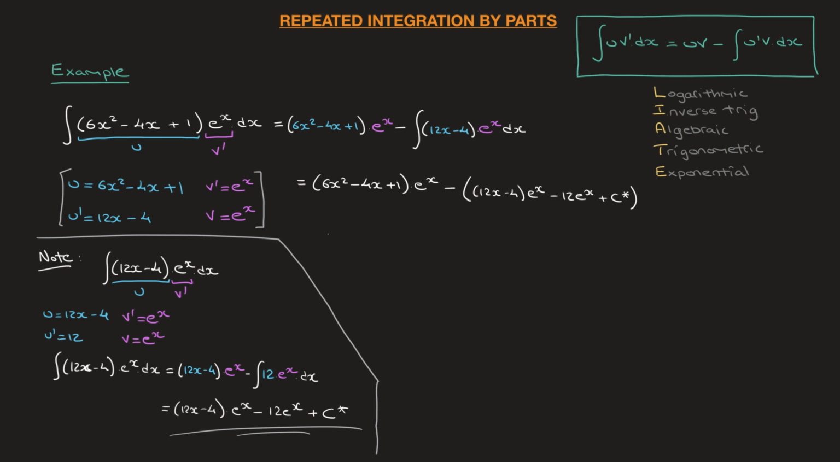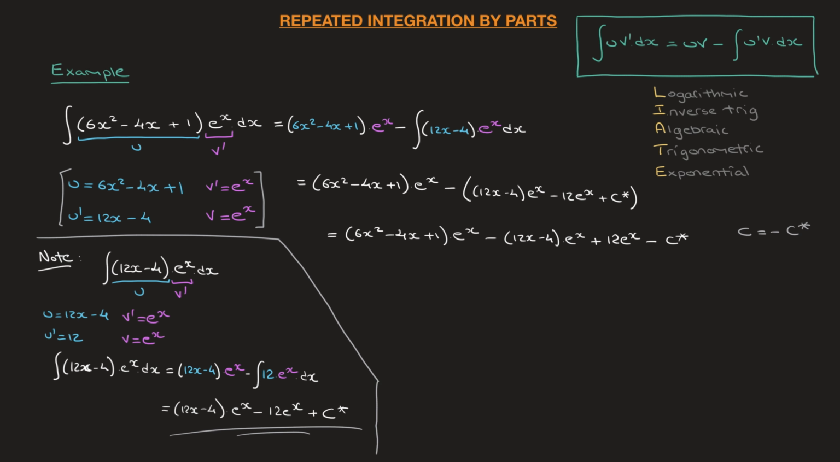So let's see, that's equal to (6x² − 4x + 1) times e^x minus (12x − 4) times e^x plus 12e^x minus c star. And at this stage, rather than writing minus c star here, I'll go ahead and quickly define another constant of integration which I'll call c, and I'll say c is equal to negative c star, or simply the opposite of c star. And I do this so that on the next line I'll simply write plus c instead of minus